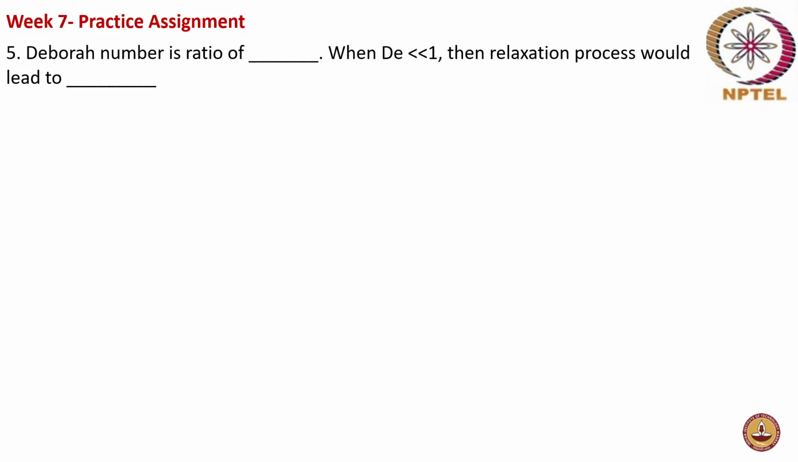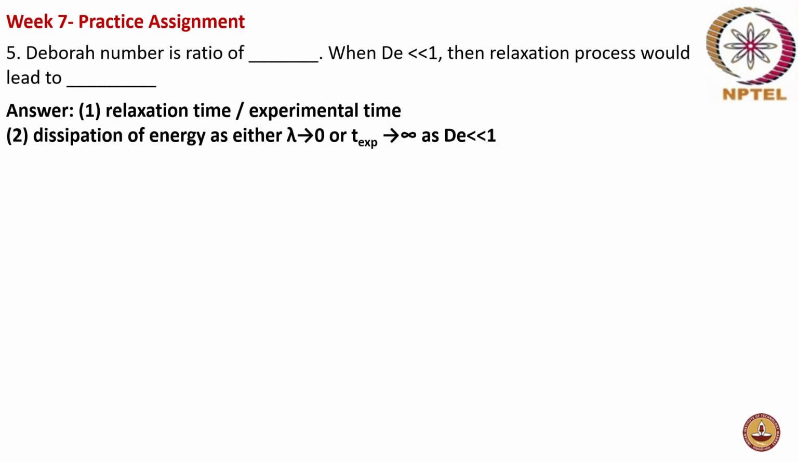The time of interest, or time scale of interest, is nothing but your experimental time. So it is actually relaxation time to experimental time. Experimental time can also be called the time scale of our interest. And when Deborah number is very much less than 1, it leads to dissipation of energy. It's nothing but your lambda tends to 0, that is instantaneous relaxation, or your experimental time scale is very large. Okay? Creep refers to